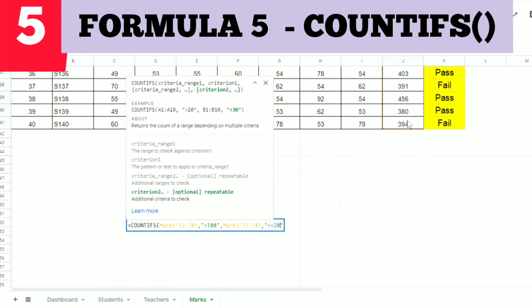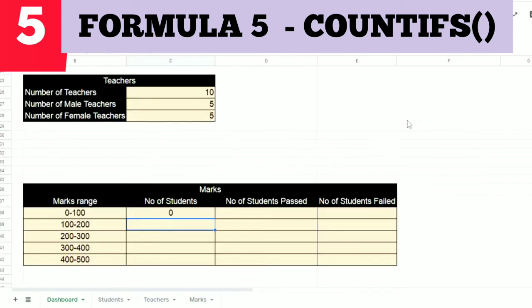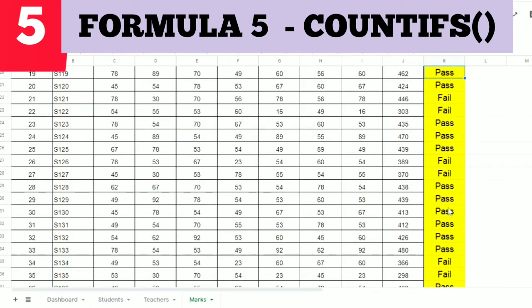Means I'm just taking the data having the total marks between 100 and 200, and closing that. Still I'm having the count as 0 because I can see that total marks will be 300 to 400 only. So below 300 I don't see any students.